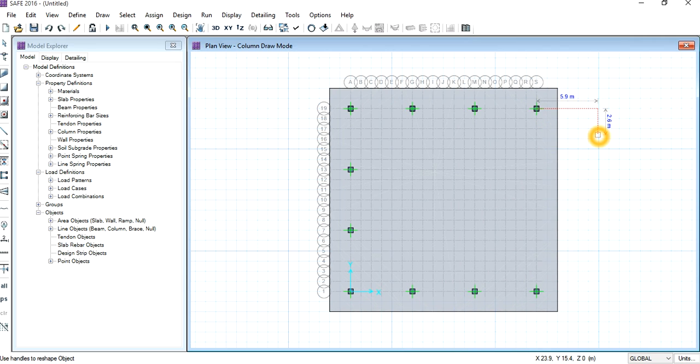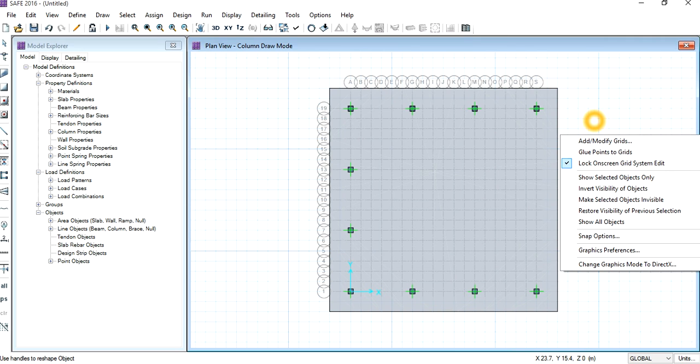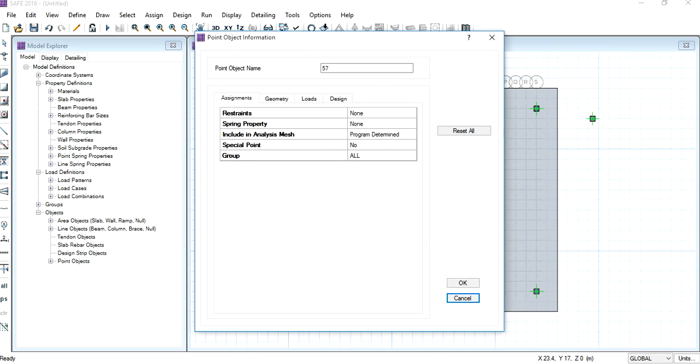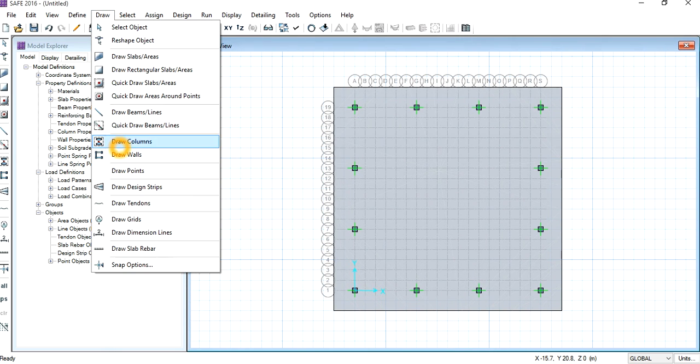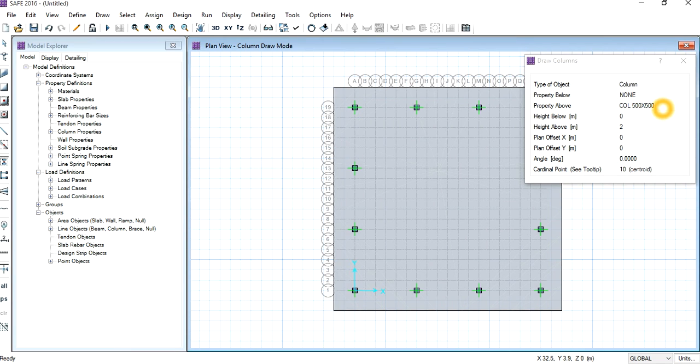Now we would place 600 into 600 columns. Go to draw columns. Now select the property as 600 by 600. Now we would draw the design strips.